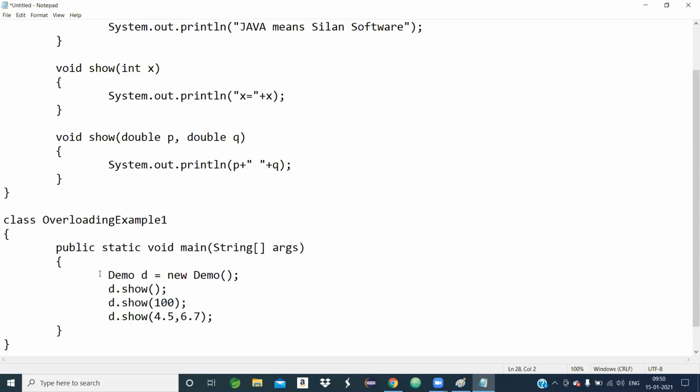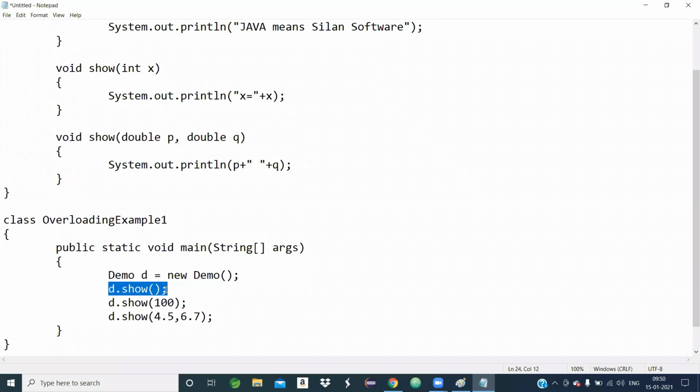When this line is executing, d is an object of the demo class. D is a demo type of object. When this line executes, as I told in the last class, this is message passing.